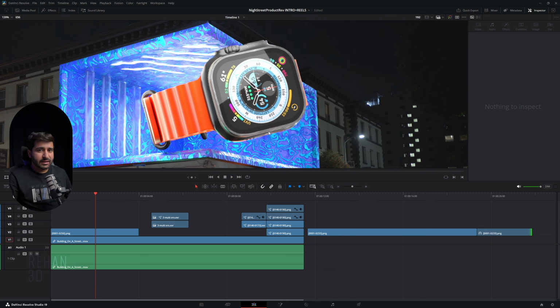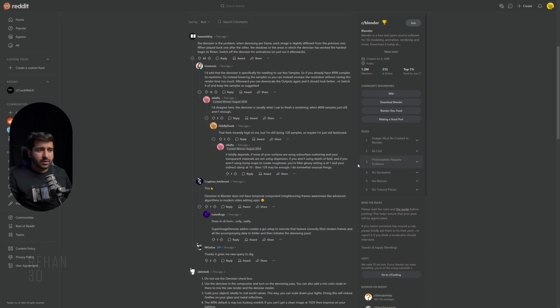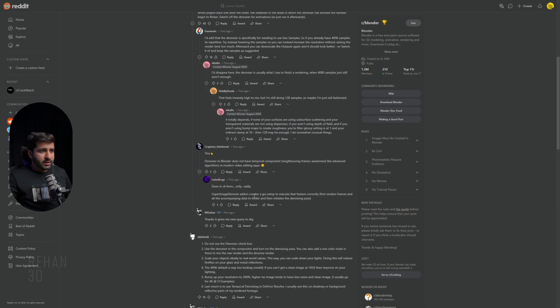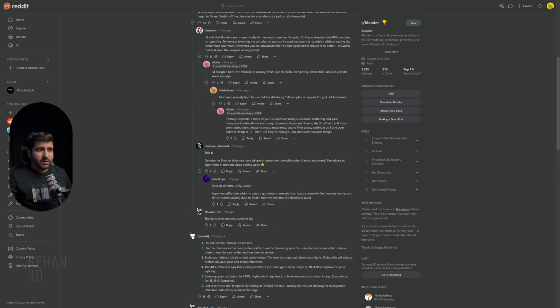This is not the latest technology or algorithm to denoise the next frame with the previous denoised information. Here's a Reddit conversation which I found, and it shows that the denoiser in Blender does not have a temporal component, enabling frame awareness like advanced algorithms in modern video editing apps. It means other apps have the latest algorithms to work on denoise, but Blender doesn't.